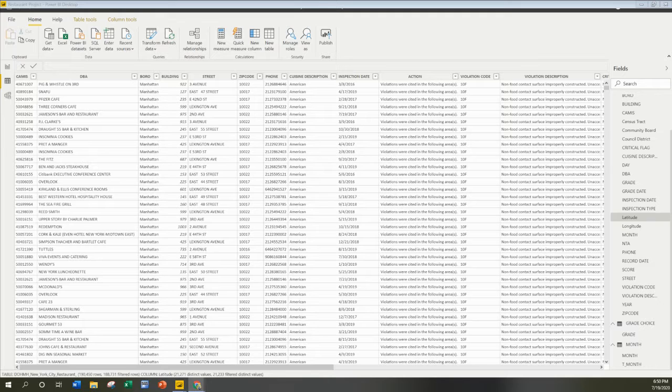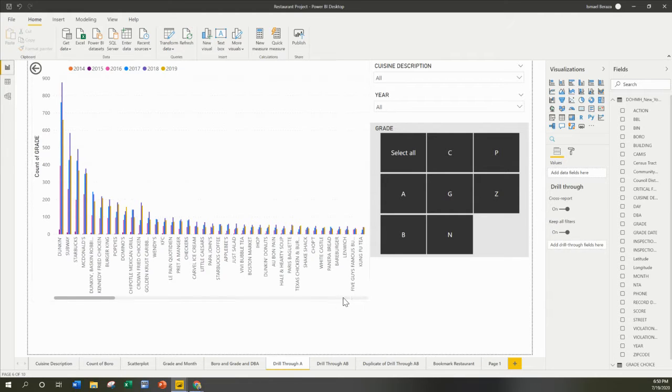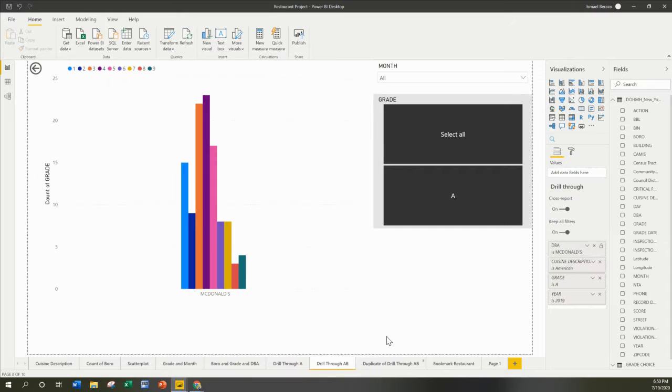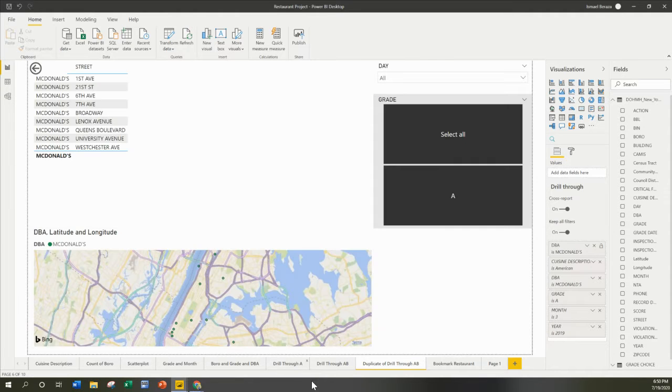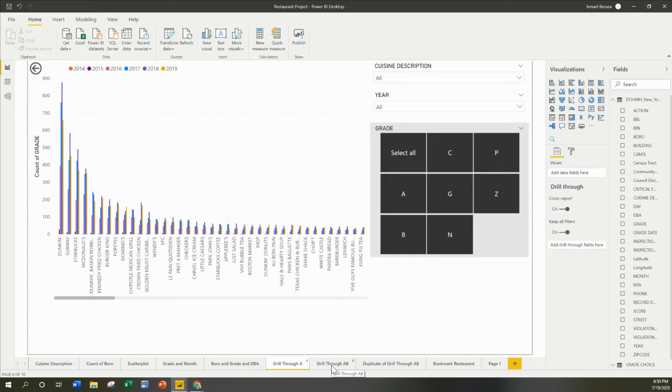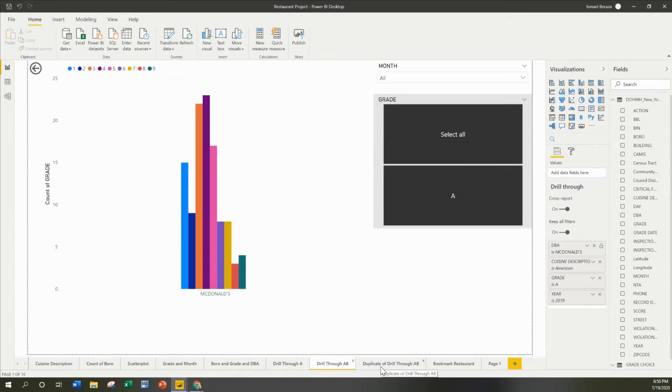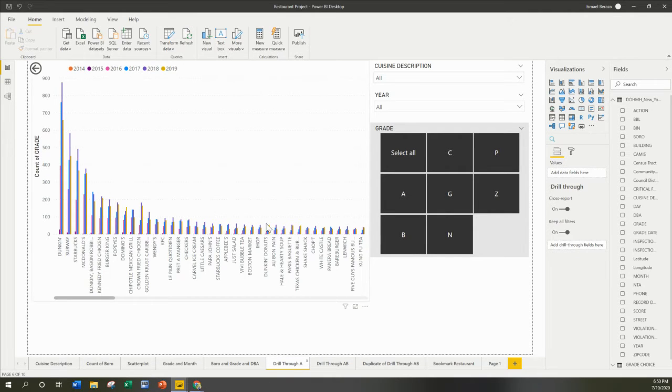In my case, what I did was I used drill through to help me go from year to month and to day. So I've got these three here that are going to help us use the drill through feature. Let's start off with the first one here. It's kind of messy right now, and it's not giving me much information, but if I wanted to,